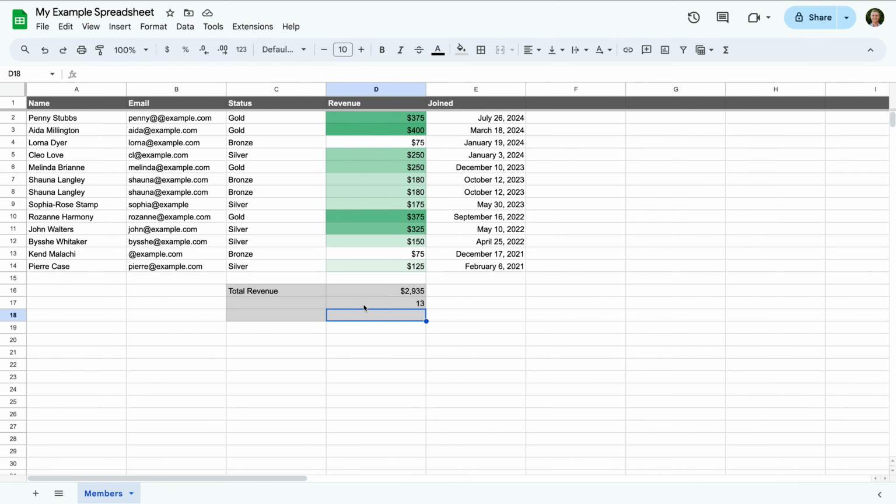Now I'm going to select the cell to the left and enter number of members so that I know that 13 refers to the number of members included in the spreadsheet. Okay, now let's do one more simple calculation. Let's find the average value for our members. To do this, I'm going to select a cell and then type equals, then sum, open parenthesis, and I'm going